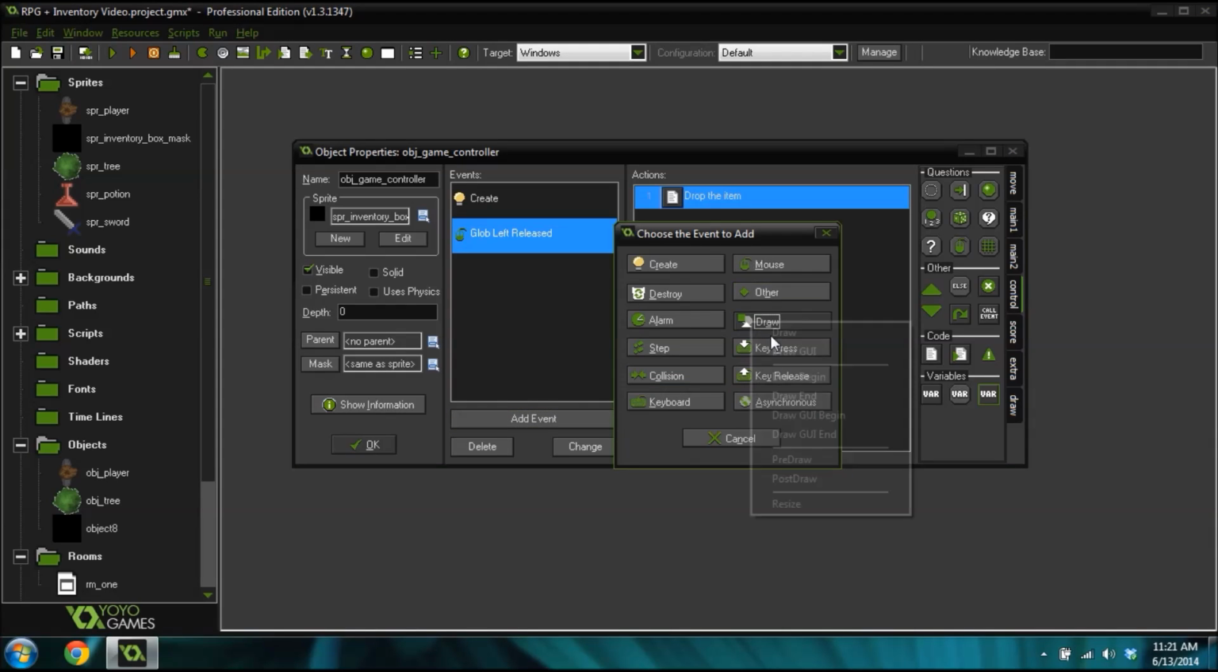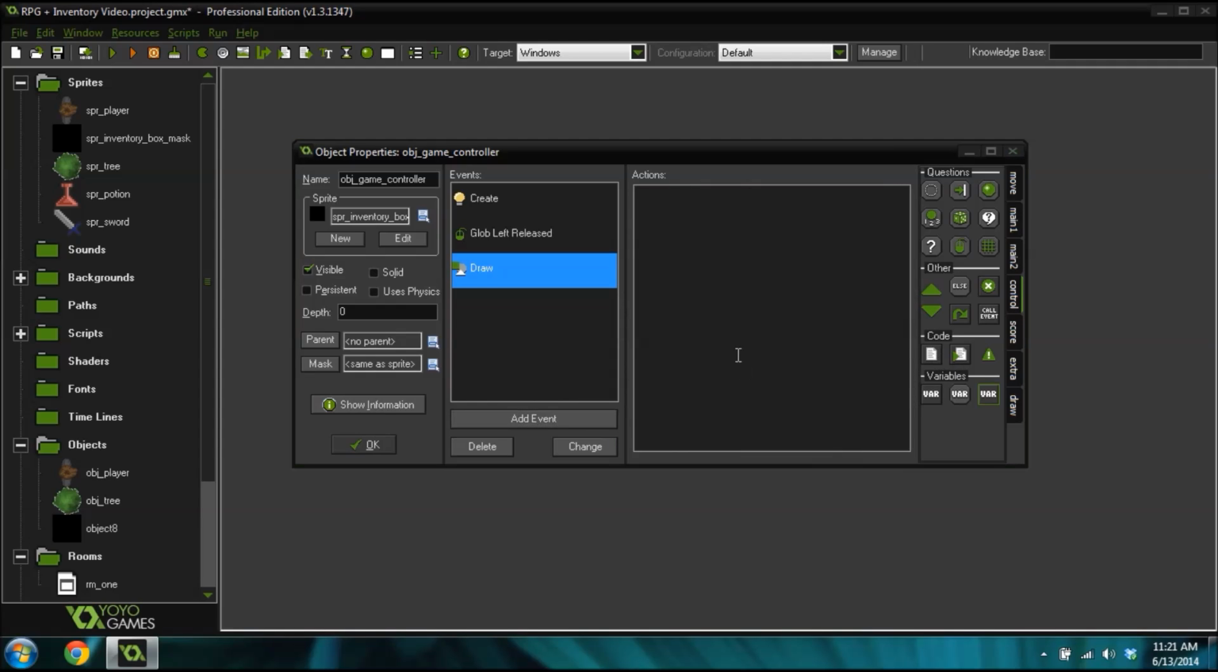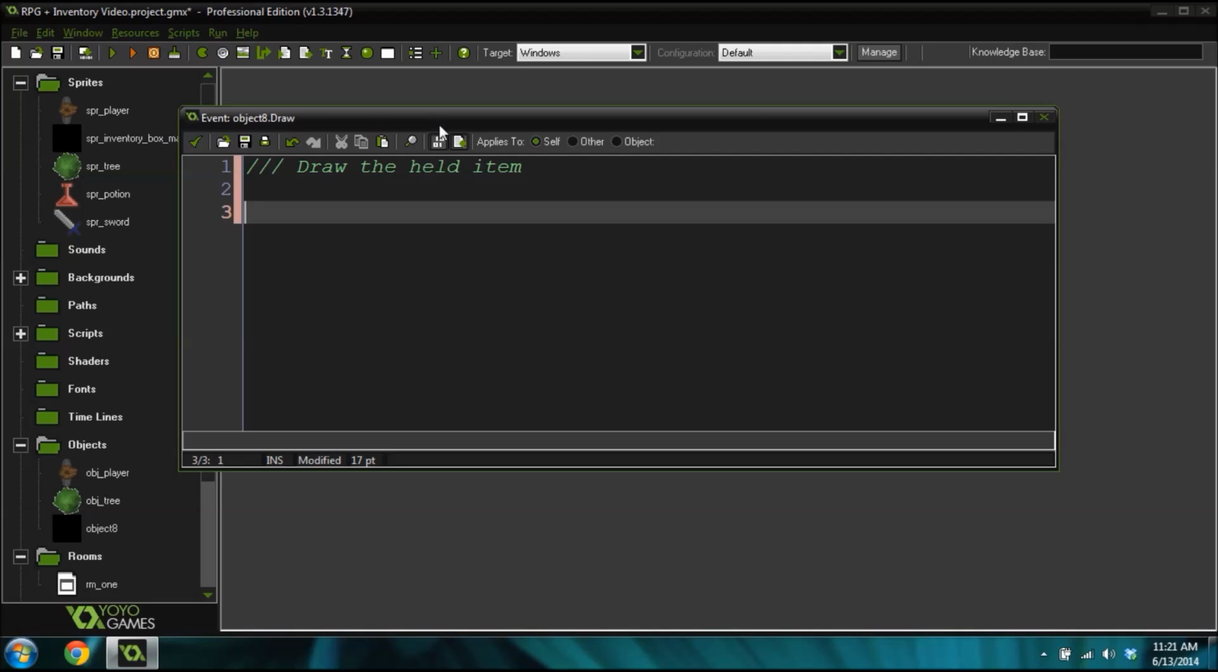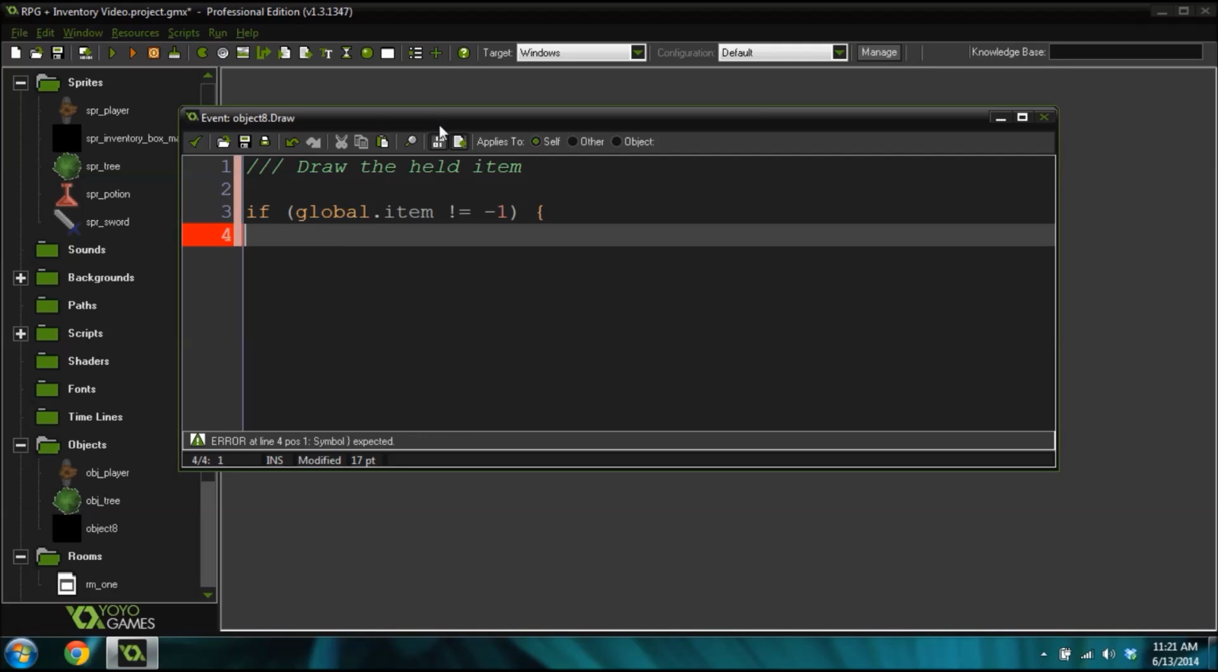Add a draw event. It's not super complicated, but it's not necessarily super easy either. So draw the held item. We need to draw the item if global.item does not equal -1. So if we have an item,